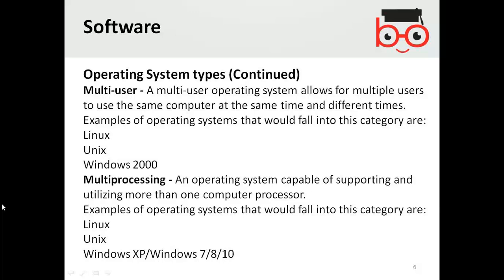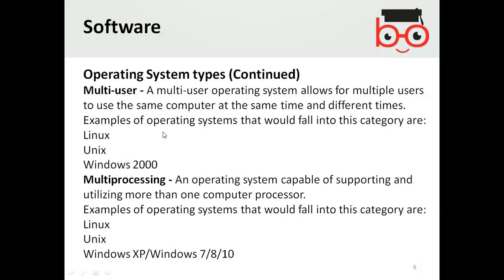Then obviously you don't have any option to execute more than one command. So by the passage of time, the type of the computer operating systems changed. They became multi-user, multi-processing, multitasking.